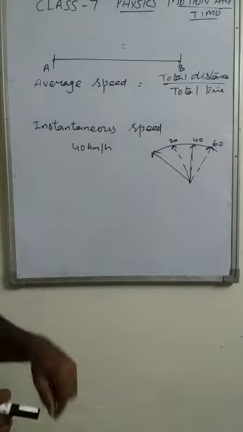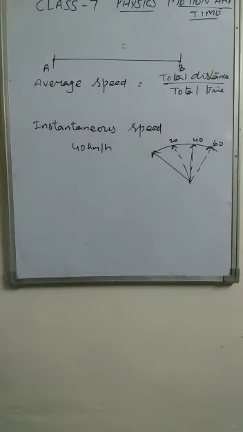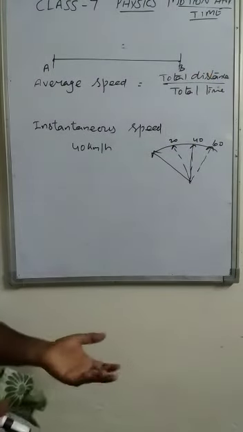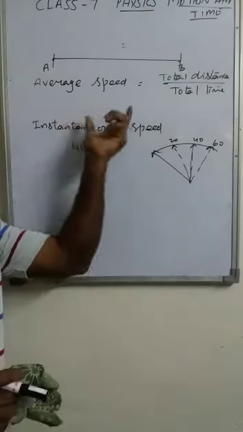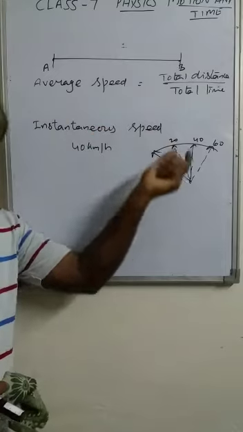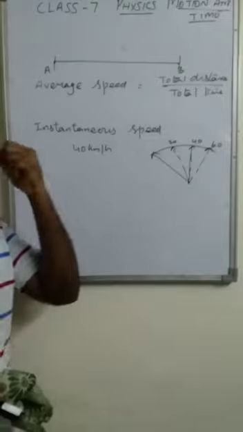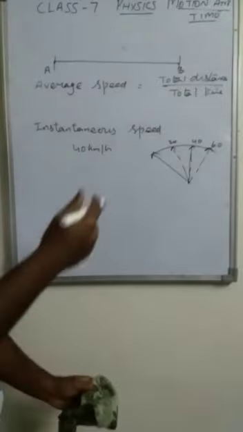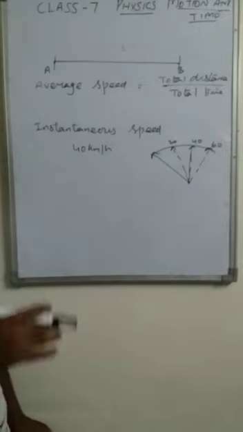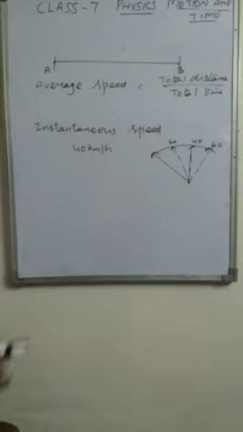Now, the one important thing in this description of motion, we have to move further. Whatever be the types of motion, uniform motion or non-uniform motion, average, instantaneous, this motion of an object must be represented in a graph. Because in physics, the graphical